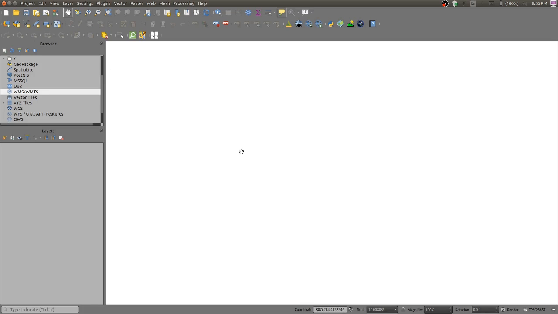Digital elevation models are available from our Indian satellites, which is Cartosat, and by USGS sites, that is SRTM. First, I will be telling you how we can download from the Indian site, that is Cartosat DEM.